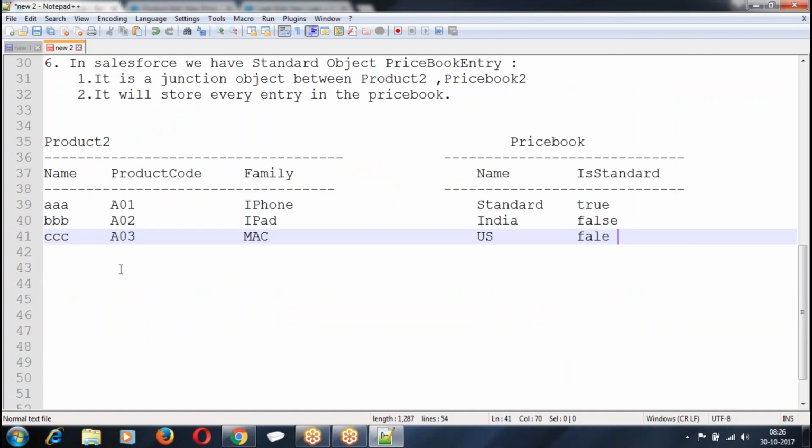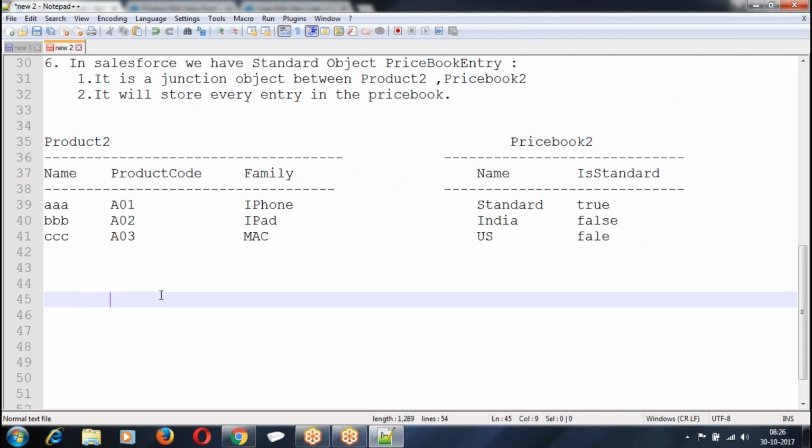Now they got product and price book too. Now we have a junction object which is called price book entry.